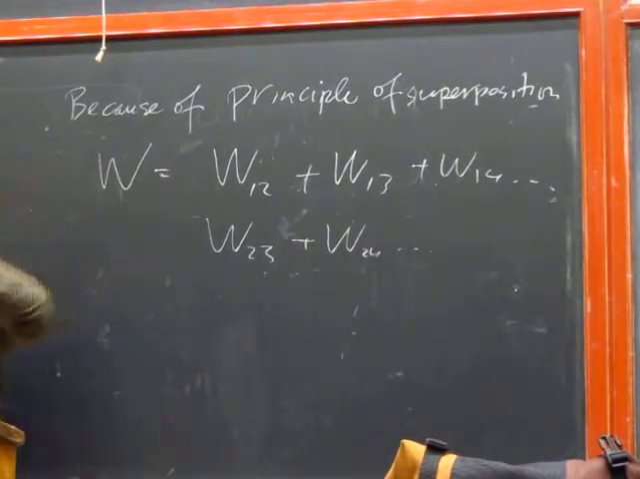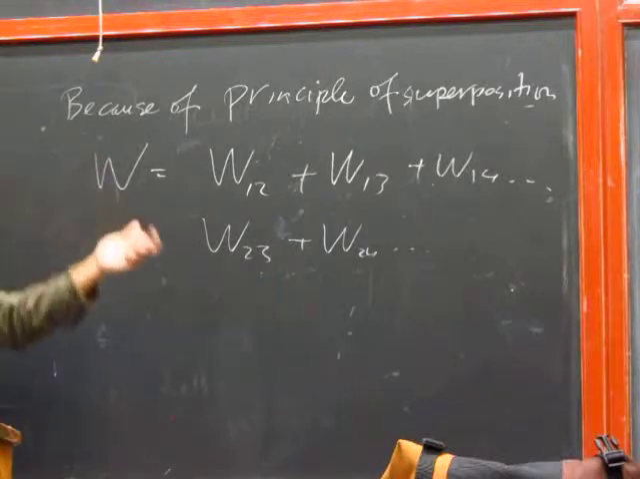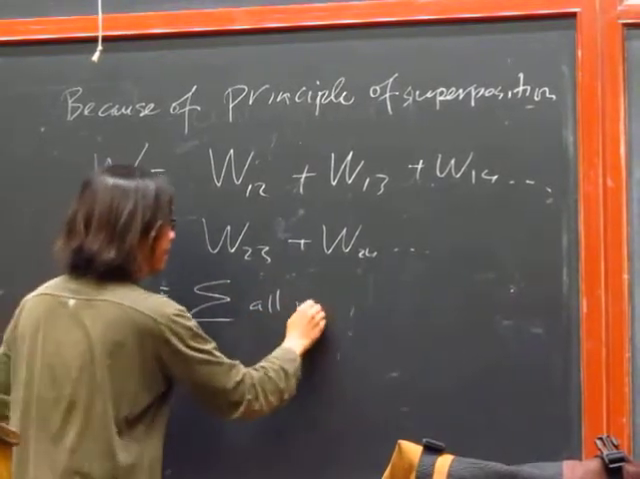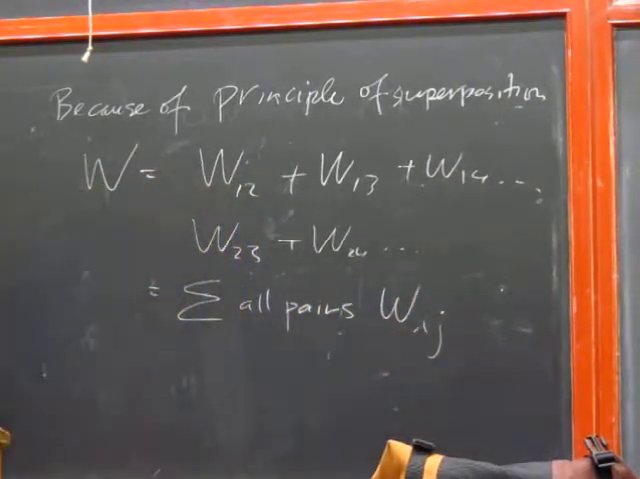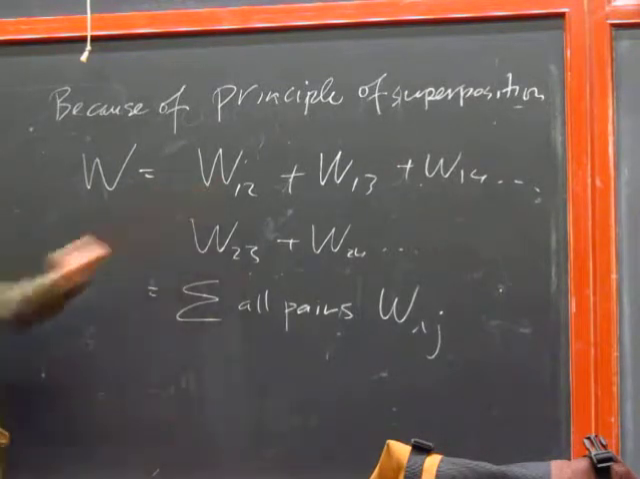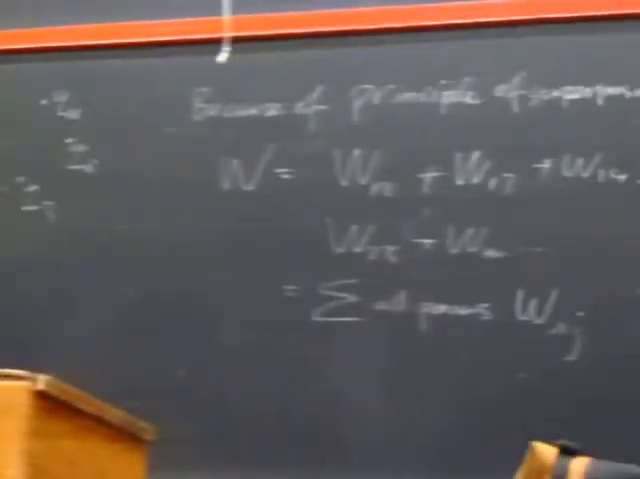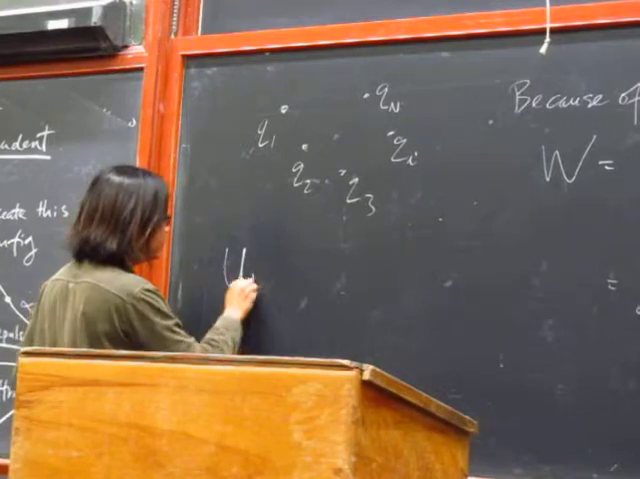Individually, I find the energy to assemble that particular configuration, just the two of them at once, and I sum over all the pairs. That's the sum over all pairs of Wij. And W is just, in the end, the same as energy here. Okay? So in this case, the total energy is just